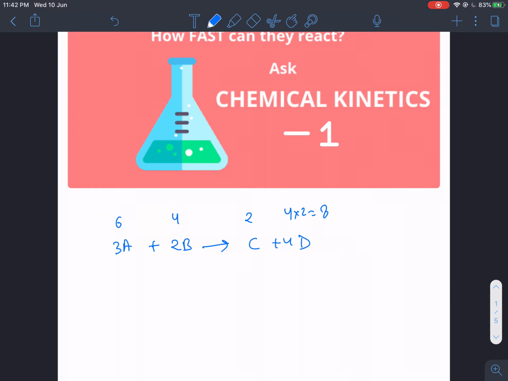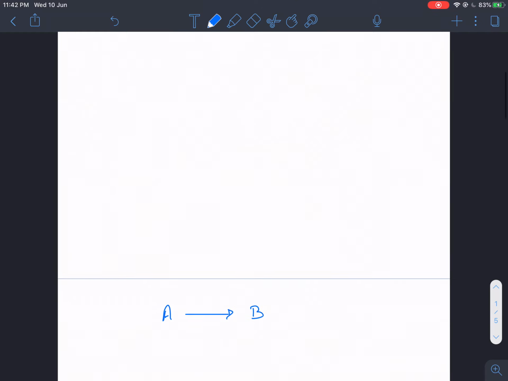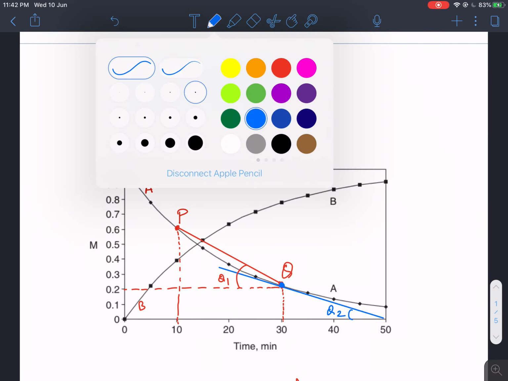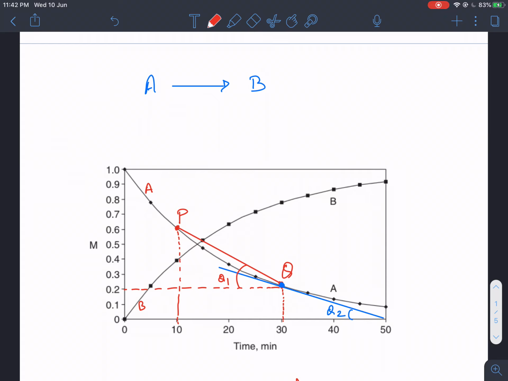So basically in chemical kinetics, we will study with what speed a chemical reaction proceeds. When it comes to speed, guys, let's take a very simple example and start. Let us consider that a molecule A is converting into B, a reactant A is changing into the product B, and I started with, say for example, 1 mole of A, and there is no B, 0 mole of B.